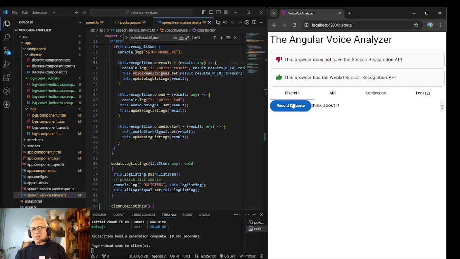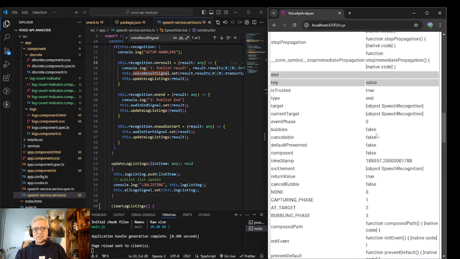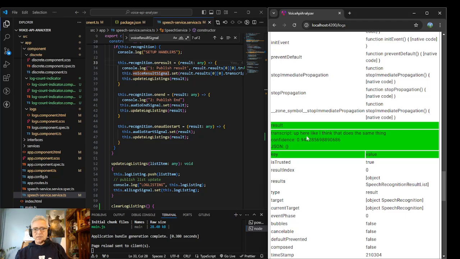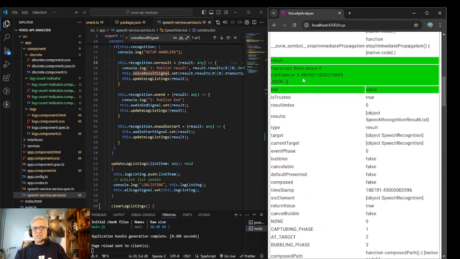And there is something up here, I think that does the same thing. Yeah, see, I think that is, but it's hard to look up there. It'd be kind of nice if there was something down here that sort of gave you that. But anyways, I think we're good. See, we have all of our results up there. I think that does the same thing, and it feels like 94.8% confident on that, and 98.45 on that.